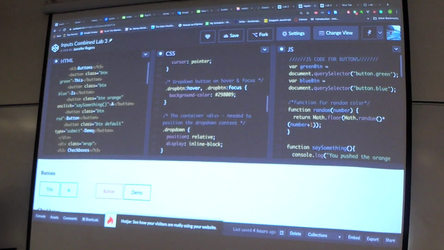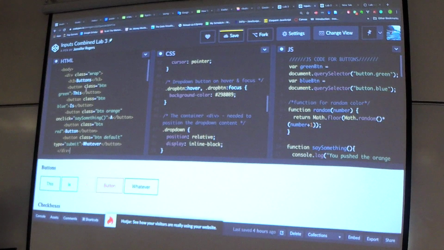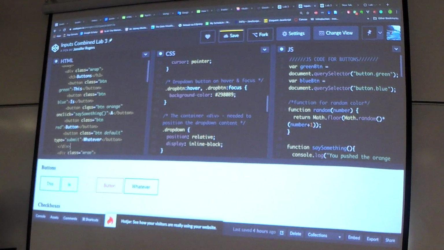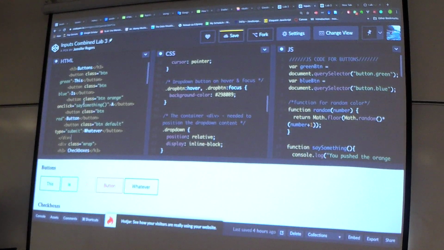They obviously need text, so basically it would be a tag just like a div that you specify the button. And then you can put whatever you want in here. So I'm just going to say whatever. What I've done is for one of these buttons, the first one, I've added,